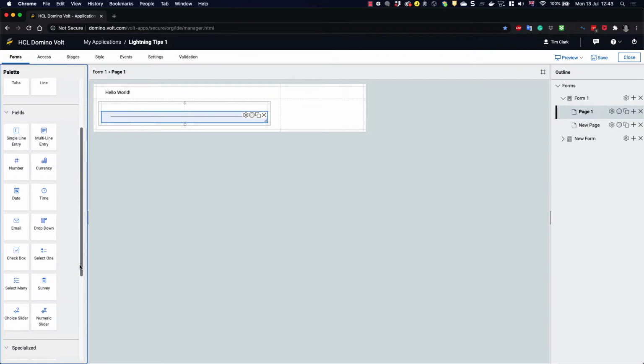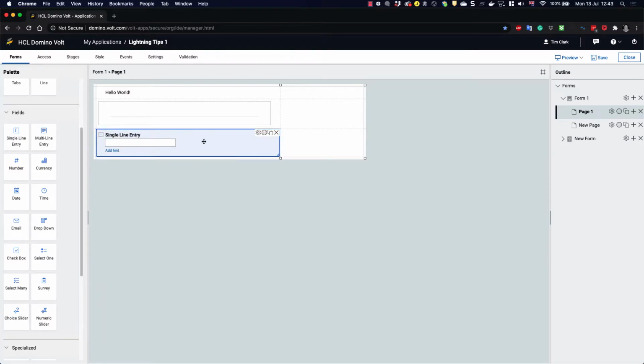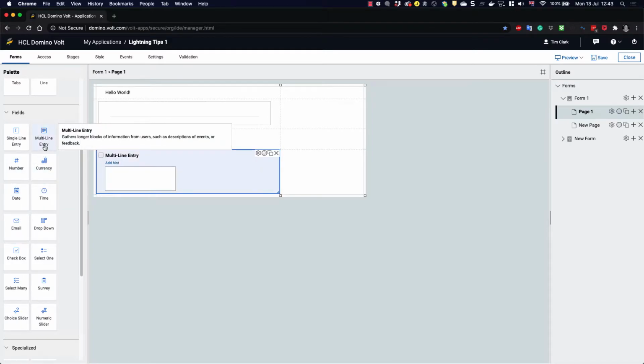And if I want to put something underneath, I can just drag and drop it, and that's going to appear underneath and create a row for it. Or I can click on this side tab here and insert a row afterwards. Then I can click in this new row and put in something like a multi-line entry. So there you go. I've now got Hello World, a border, a line if you like, a single line entry and a multi-line entry,